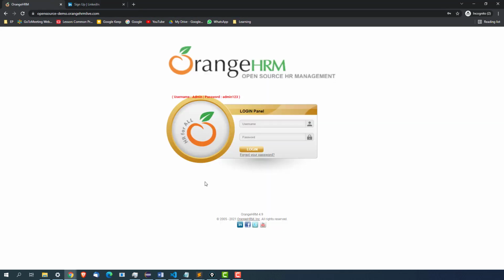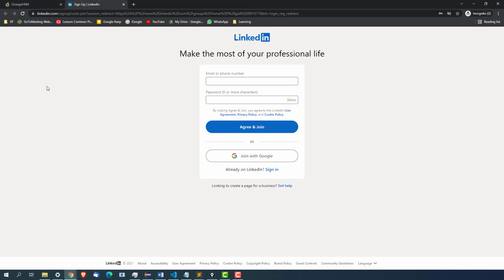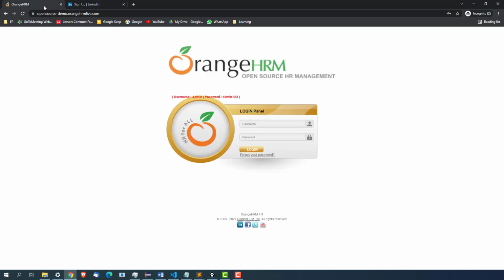Okay, so by default, what is the behavior? By default, focus will be on this particular web application. It means you can do all the operations on this web application, but the moment you try to do any operation on this, it will not allow because control is on this. So first we will open this, then the moment we click on this button, it will open this LinkedIn.